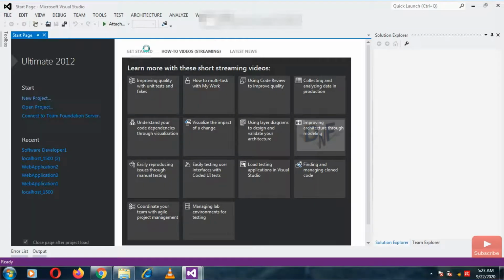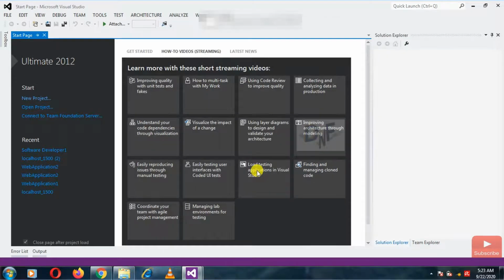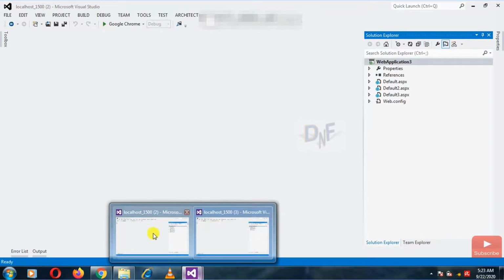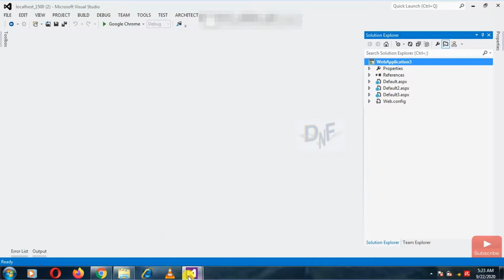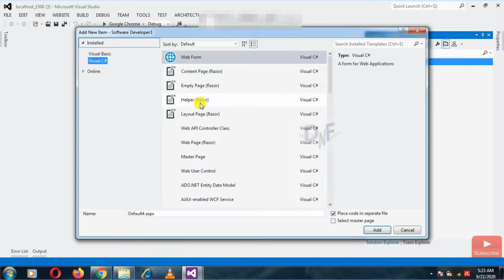For comparison, I take a separate Visual Studio. In the first Visual Studio we have an ASP.NET web application, and in the second Visual Studio we have an ASP.NET website. When we add a new item in the website, you can see we have two options: Visual C# and Visual Basic.